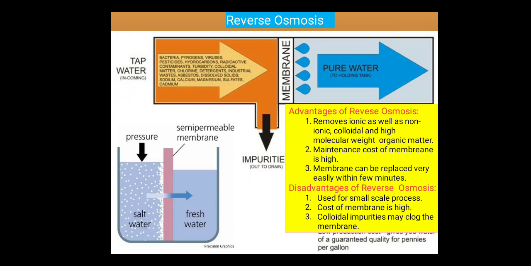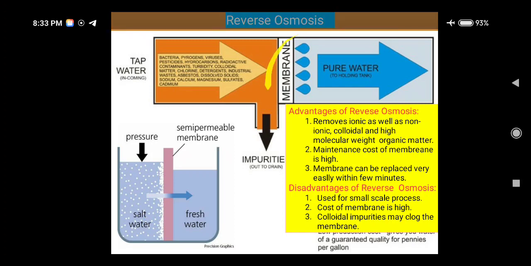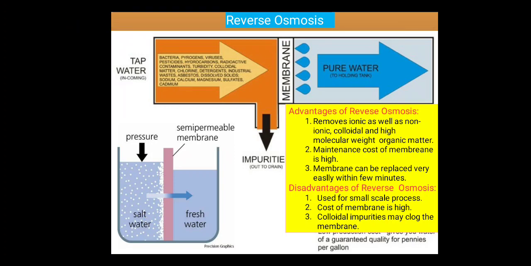How does the reverse osmosis process take place? It requires a membrane, and through that membrane you pass the tap water. When tap water is passed through it, you get pure water, because all the salts are captured by this membrane. In the case of a salt solution, here it is shown as a salt solution, when it passes through the semi-permeable membrane, you get fresh water. This means the membrane has a tendency to capture the ions present in the solution.